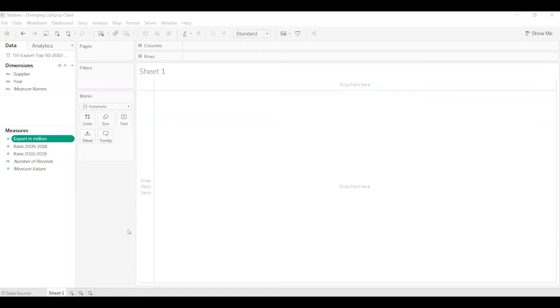So today we are going to talk about how to create a diverging lollipop chart. And in order to create that, first we must have some values. The first value we need is the mean. And in order to have the mean, I think the best is to take a look at